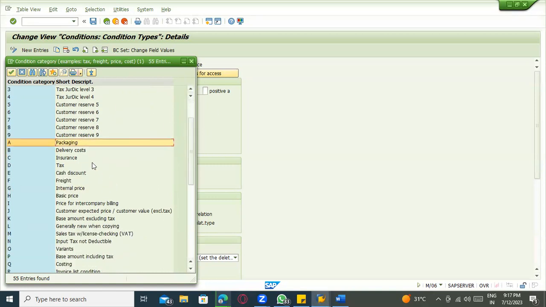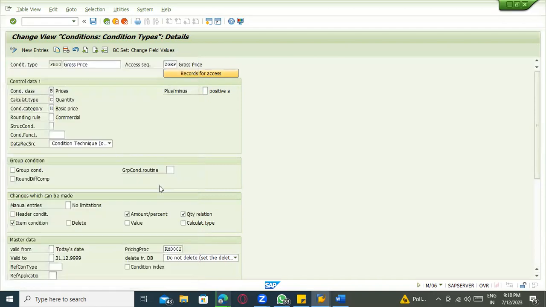We also discussed delivery cost versus basic freight. If the freight vendor and the PO vendor are the same, then we use the freight condition category. If the transportation vendor is a different vendor from the PO vendor, then it is delivery cost, a planned delivery cost which we can pay to the separate vendor. So based on the condition class, condition category and condition calculation type,